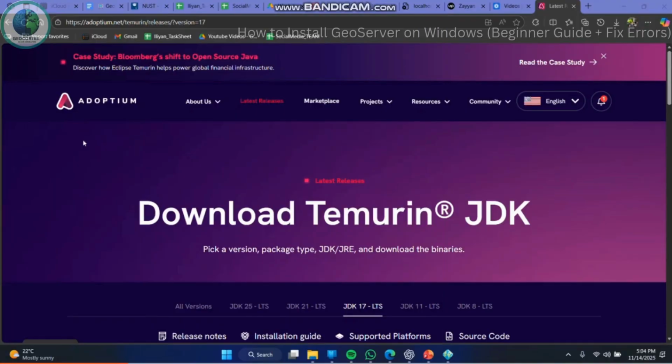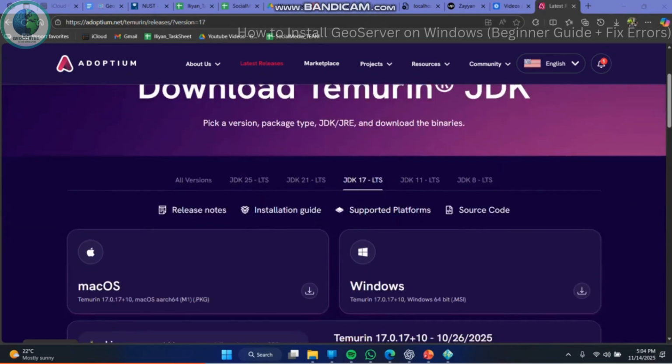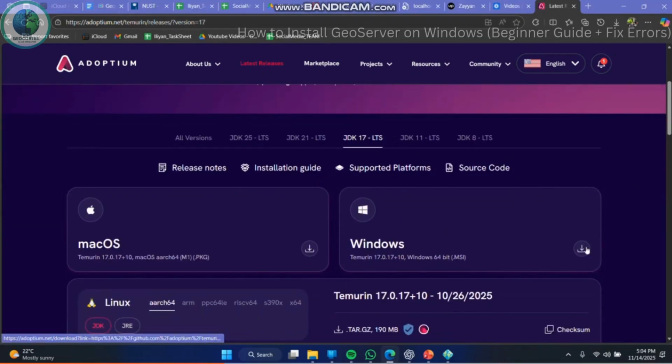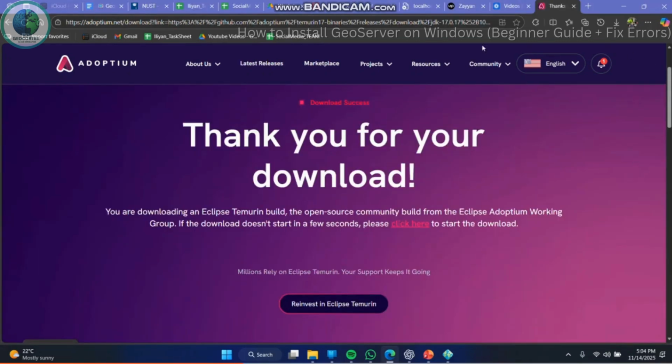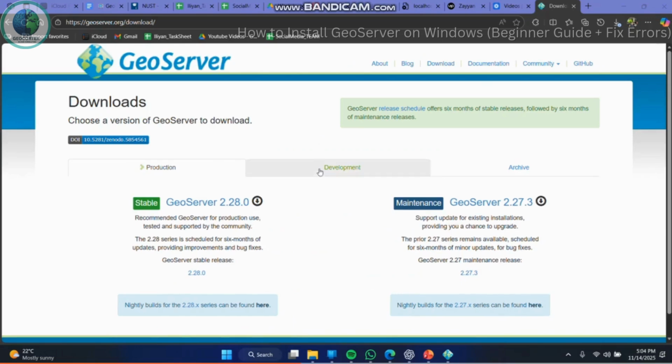So let's get started. GeoServer requires Java to run, so you can download Java, OpenJDK or Oracle JDK, from Adoptium.net. You can click on Windows Installer, and this will install Java for you, and you can run it on basic default settings. Once Java is running locally on your machine, you can go to the GeoServer